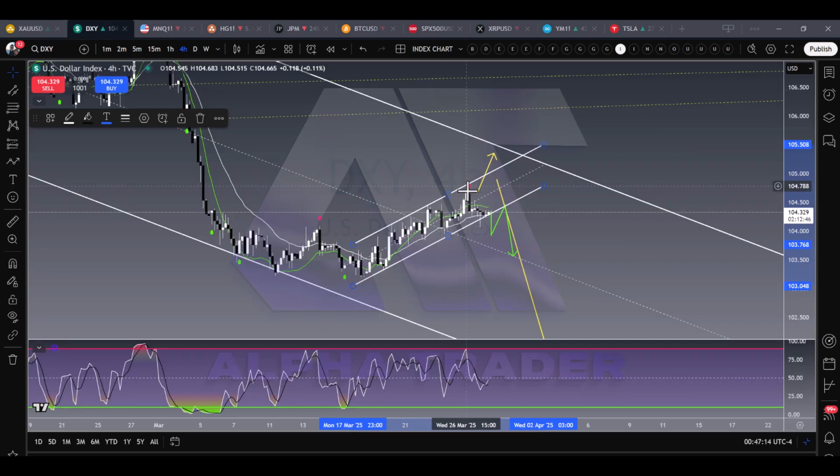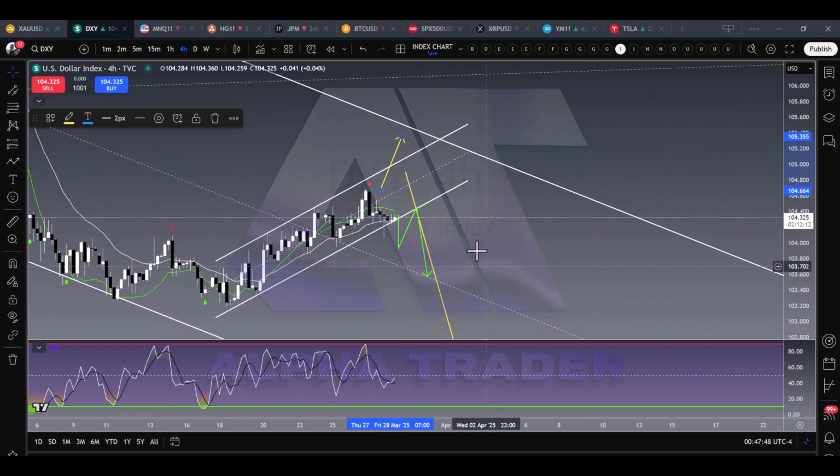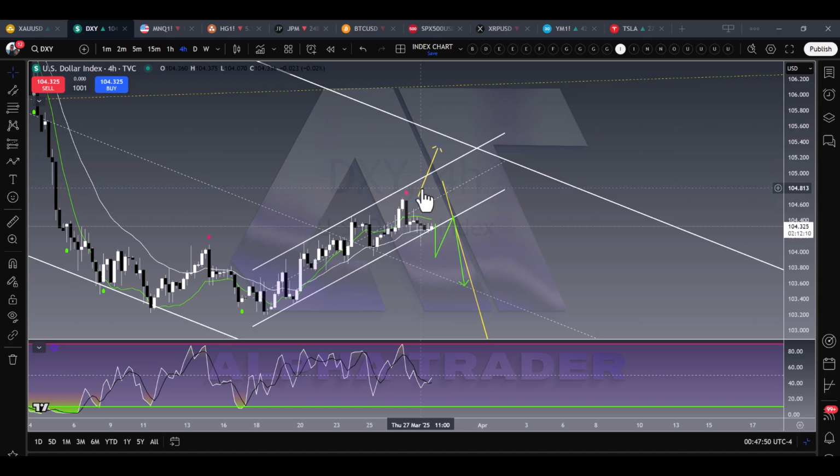Here's the second one I got wrong, and that was dollar. So I was expecting dollar to pull back some and then head on up, but it pulled back significantly, even breaking the channel and coming back into it, okay? So where do I believe dollar is heading to now? I think dollar will start to move back up. And so what I'm looking for now is this to happen. So we're back down at the bottom of the channel. I expect now a move up in dollar.